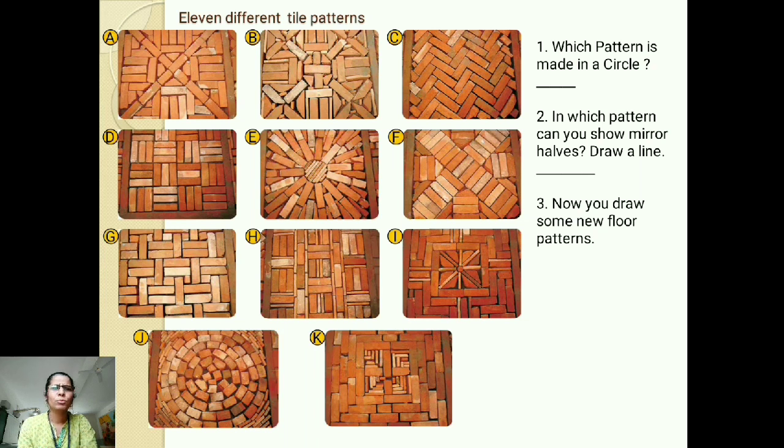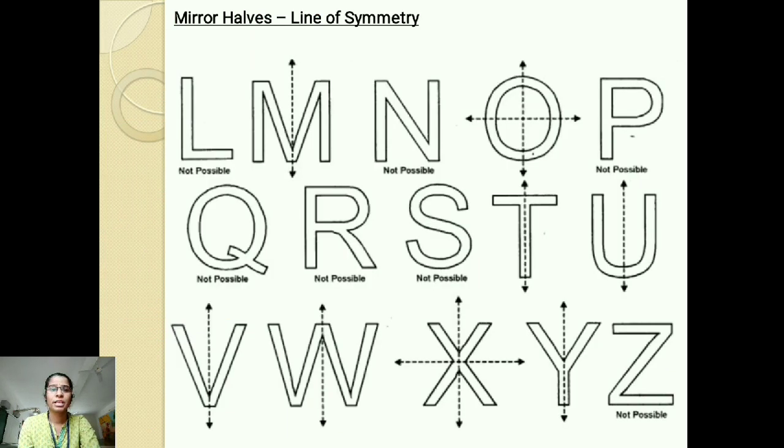Now there is one more question they've asked: in which pattern can you see a mirror image? Now what is this mirror image? So before answering this question, let us recollect some knowledge about mirror images. Yes, we have learned in the earlier classes that when you see yourself in the mirror, you can see the other half of your picture, right? If the left looks like the right, right? In the same way, for certain shapes or drawings, you have to imagine where to make it exactly half, so that the left side looks the same as the right side.